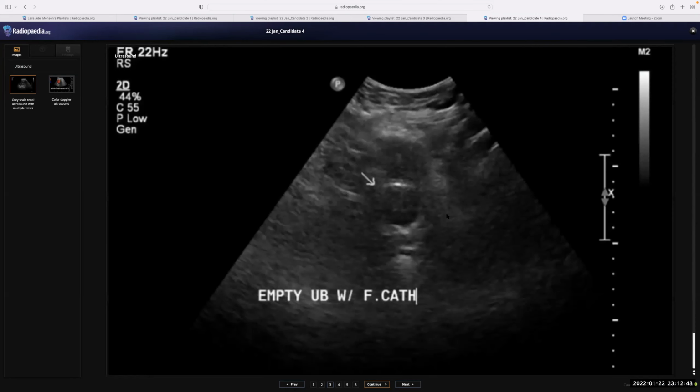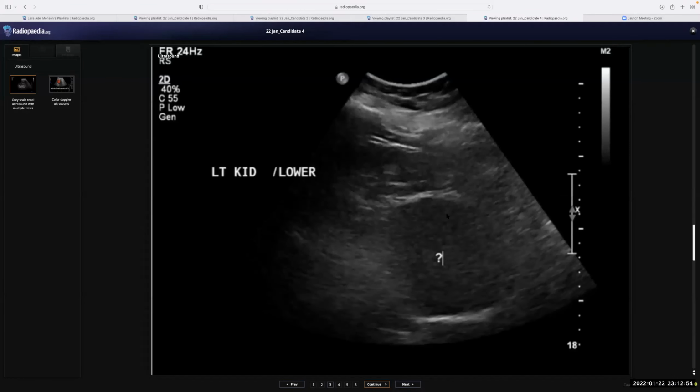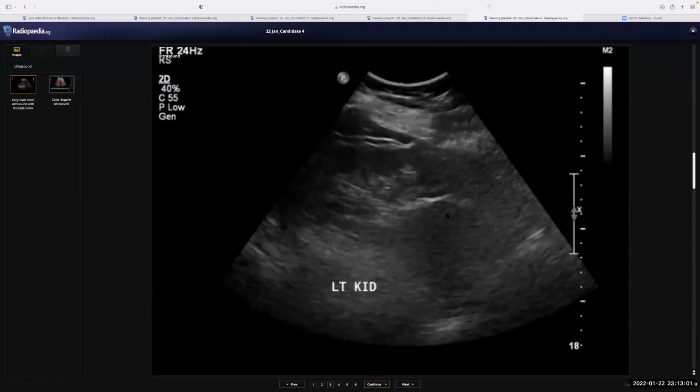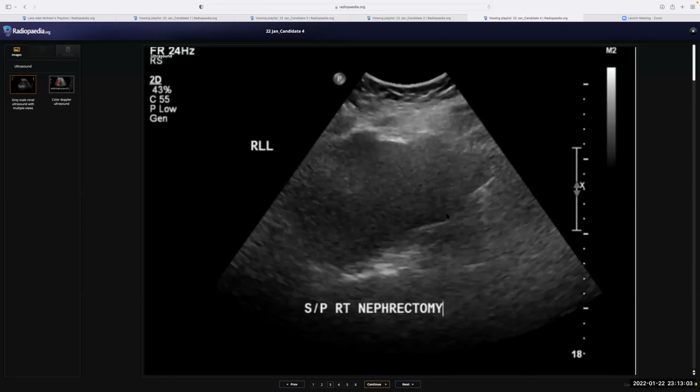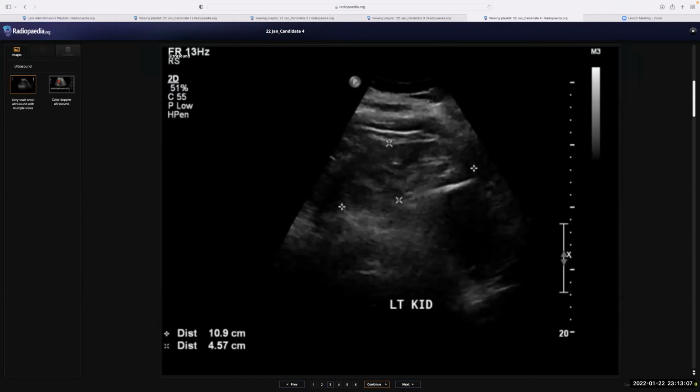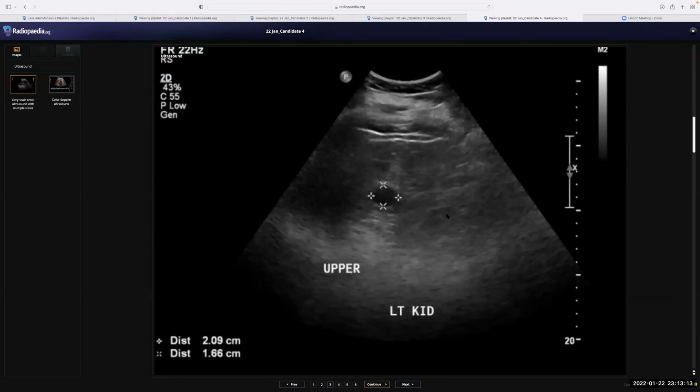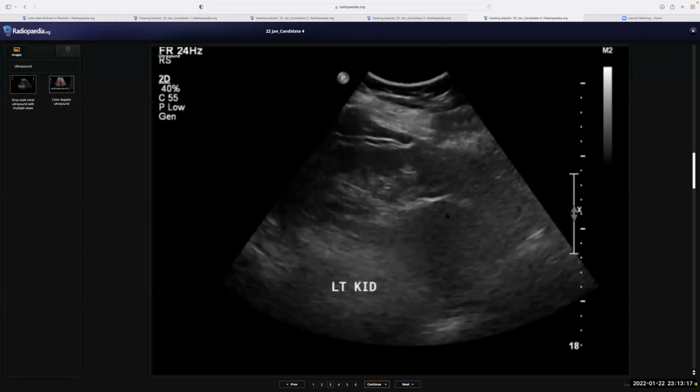So I'm scrolling the images to see. So this is a urinary bladder with the catheter, and this is a right nephrectomy site, and this is a left kidney, which shows a small cyst in the upper pole, and